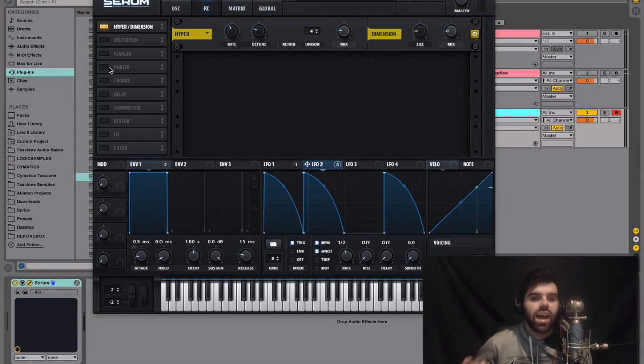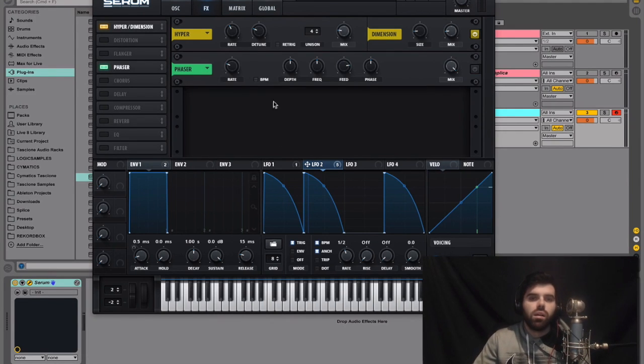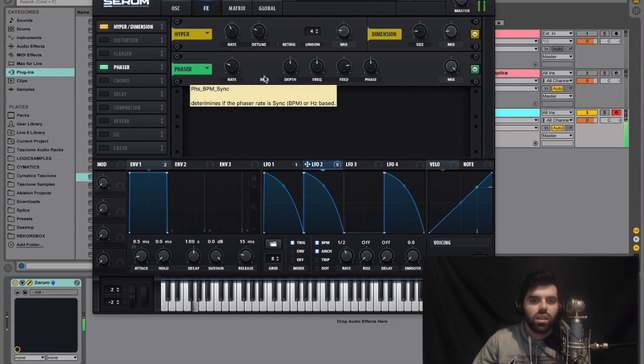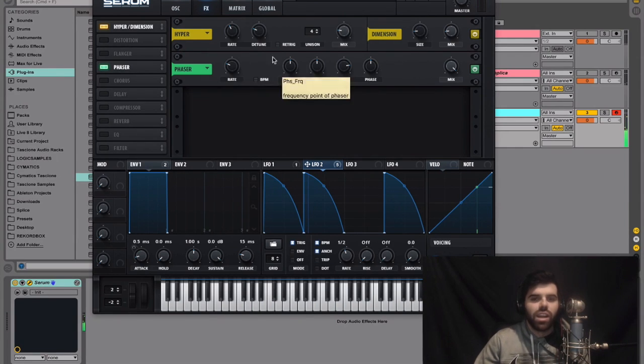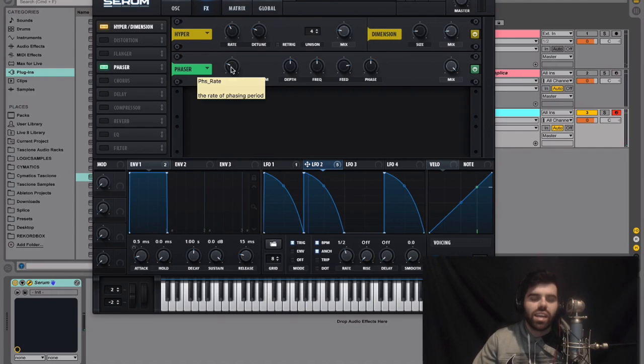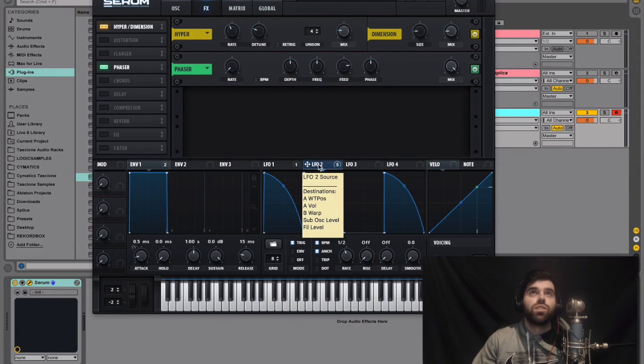All right, so the next thing we're going to add is a phaser. And when you normally turn on the phaser, the rate is set at something. So that basically means that this frequency knob will be moving to the rate of this, almost like it's an LFO. But we're going to turn that all the way down. So right now, what you should hear with this phaser just being on is, it's just phasing at a different rate. So we're going to turn that all the way down and use our own LFOs to control this.